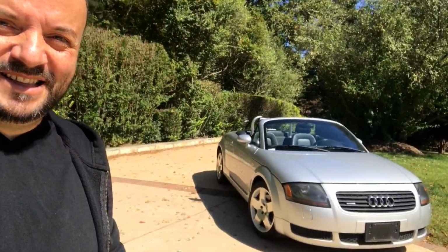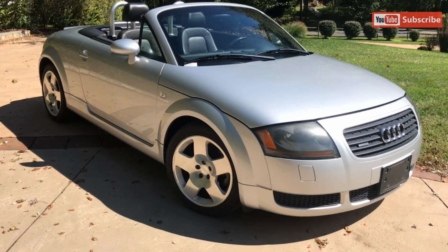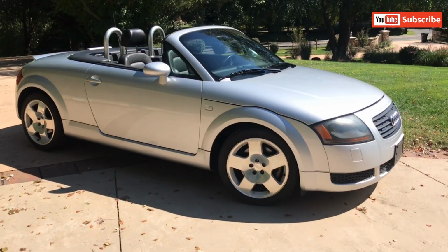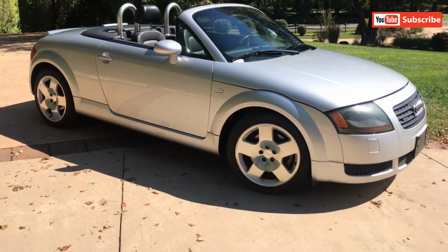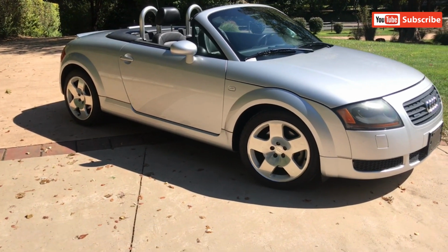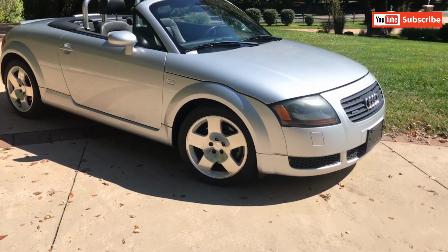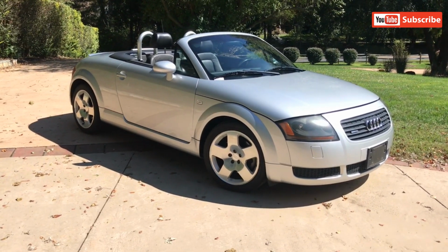Well, I'm back from a grueling 6-hour drive back from South Carolina, where I flew out to pick up this. This is a 2001 Audi TT Quattro, 225 horsepower, one owner from South Carolina. A little backstory behind the car before I get into it. I've been looking for a TT for about 6 months on the internet. I started my search in the state of Virginia, worked my way to Maryland, DC, California, to Florida, Georgia, South Carolina, North Carolina. And I got a notification that a new car was posted, and I looked at it and